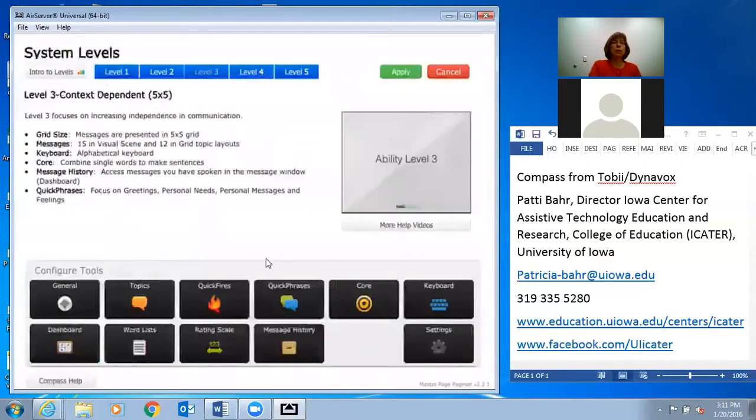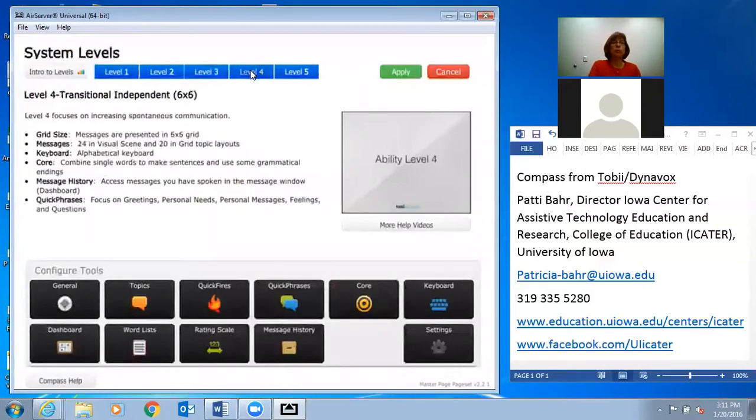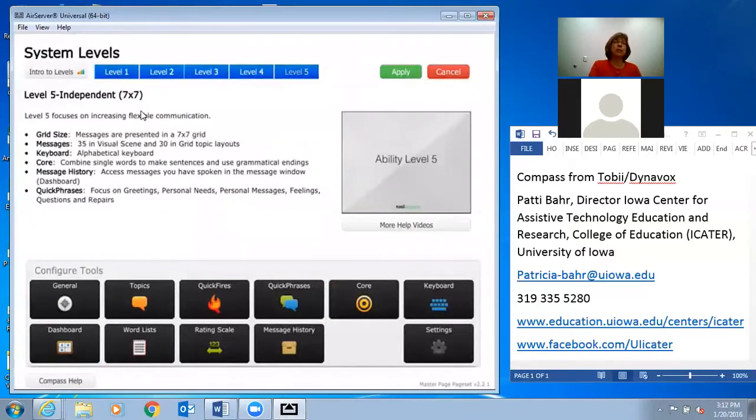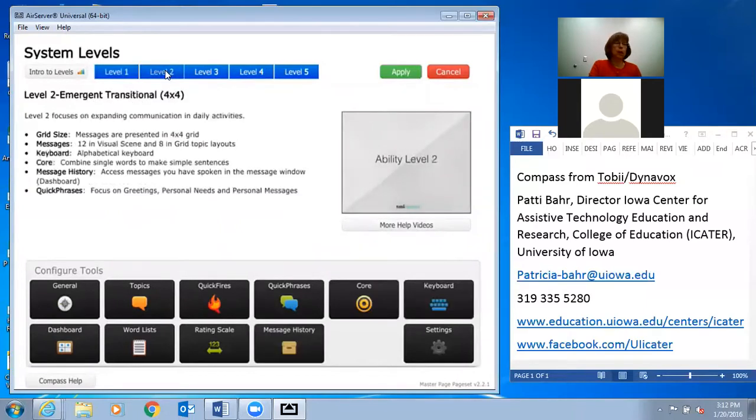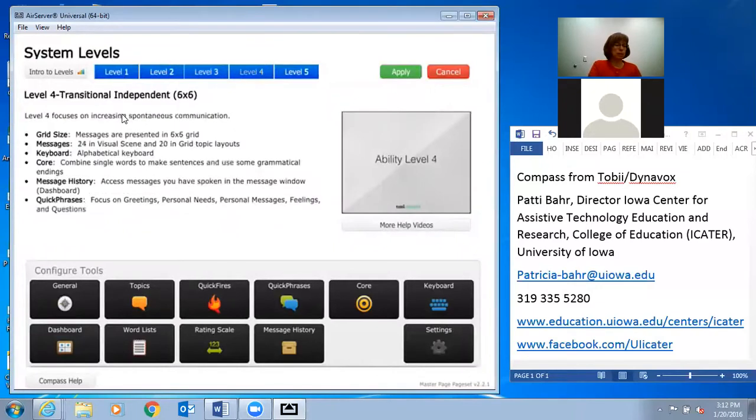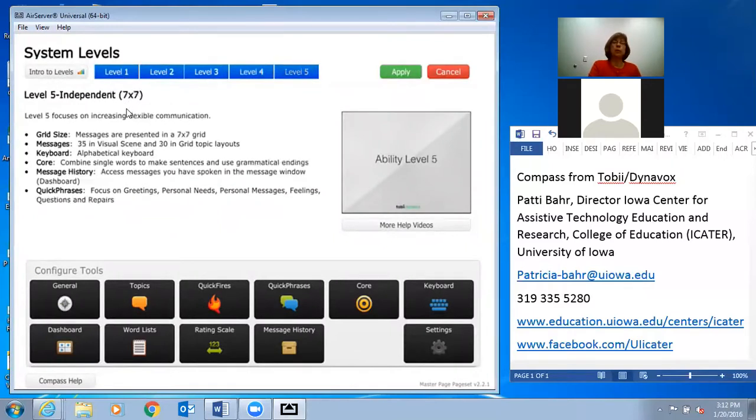And the other thing I wanted to show you is this. So maybe I decide, on level 3, I really want to go to. And on level 4, I'm going to get a 6x6 grid. If I go up to a level 5, I'm going to get a 7x7 grid. If I go down to a level 2, I get a 4x4 grid. Level 1, it goes down to emergent and a 3x3 grid. Level 2, emergent transitional grid. Like I said, I went to the kind of the mid-level, context dependent. And level 4 again is transitional independent. 5, the independent. So I'm just going to apply this just so you can see kind of the